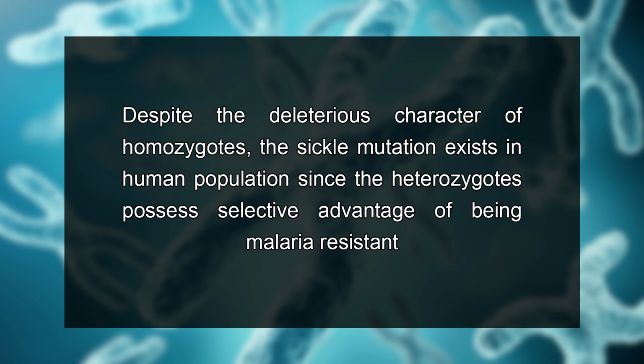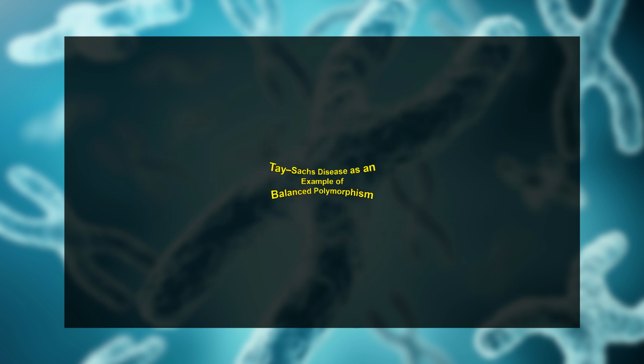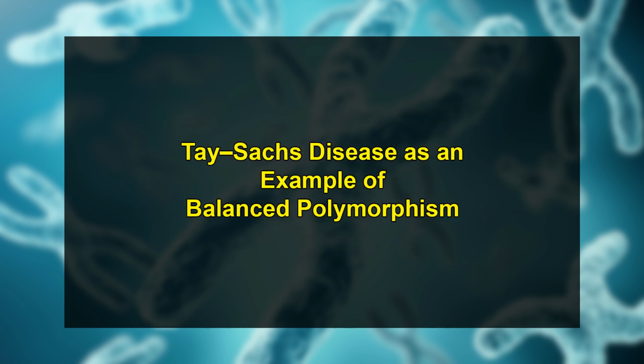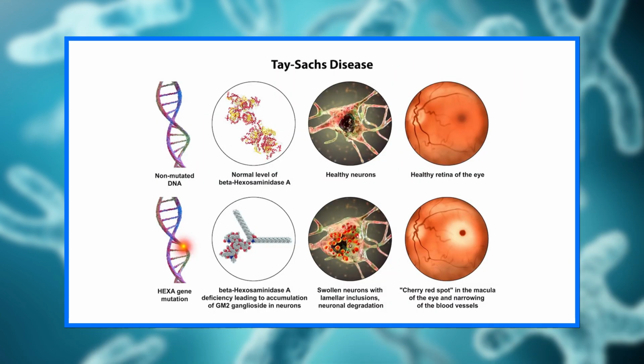of being malaria resistant. Dear students, let's now discuss Tay-Sachs disease as an example of balanced polymorphism. Tay-Sachs disease is conferring an advantage to heterozygotes against tuberculosis. Tay-Sachs disease is an autosomal recessive genetic disorder mostly occurring in children due to mutation in the HEXA gene, situated on